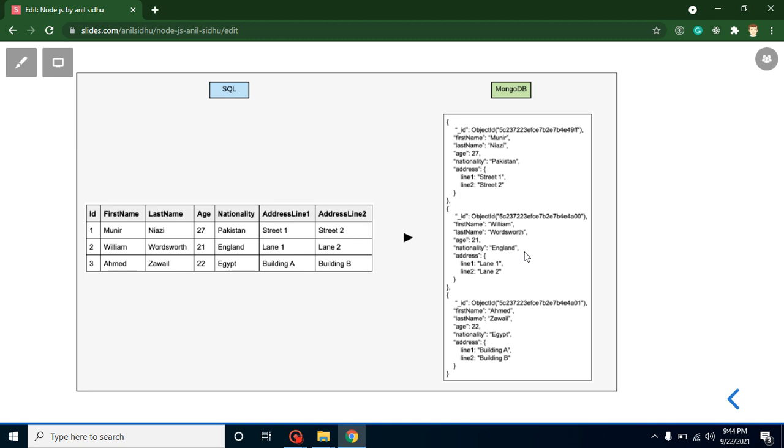And maybe in the third one there is some different data. At that time you can see that this is not a structured way, because sometimes some keys are missing and sometimes some extra keys are there in the object. That's why MongoDB is NoSQL, or you can say a non-structured query language.